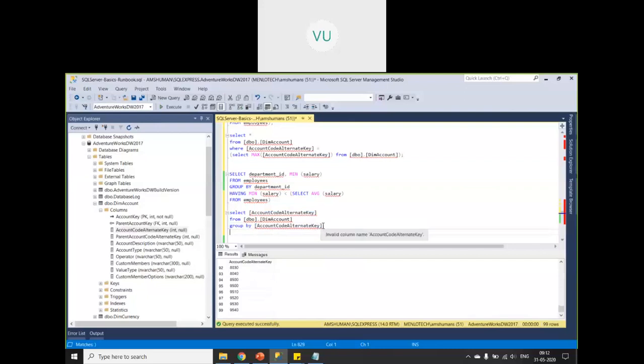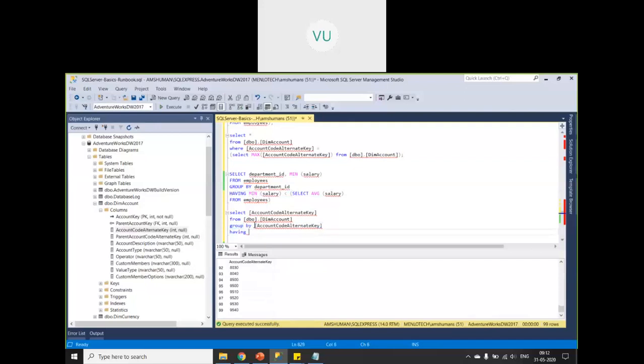Now I want to apply some having condition. I can have a having condition on some other column as well. It need not be the same column which is in the group by.